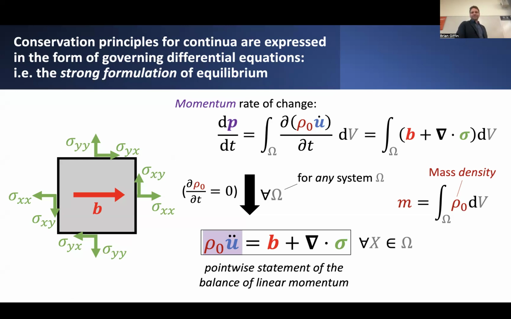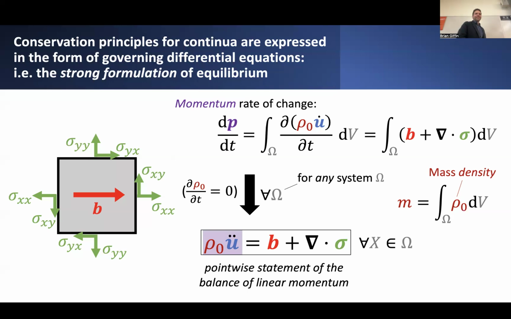Or in other words, more or less, the thing inside this integrand has to be equal to the thing inside of this integrand at every interior point within the block. And this is how we actually derived effectively a pointwise statement of momentum conservation, or balance of linear momentum, which basically said that rather than having, as